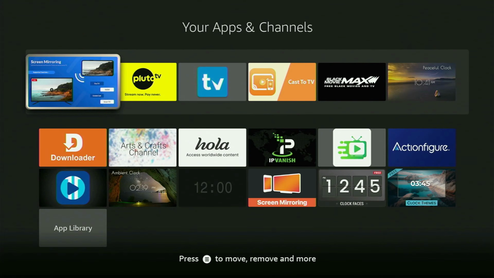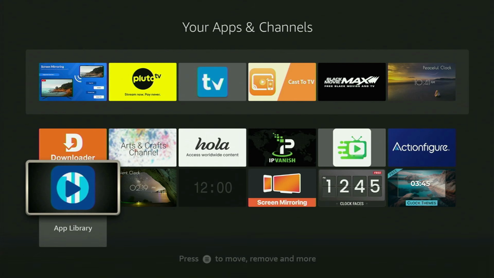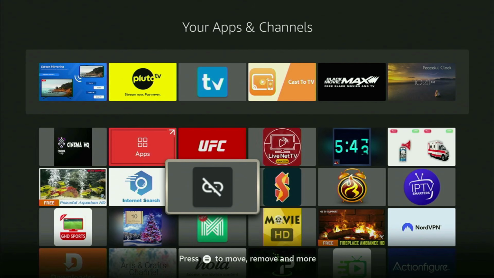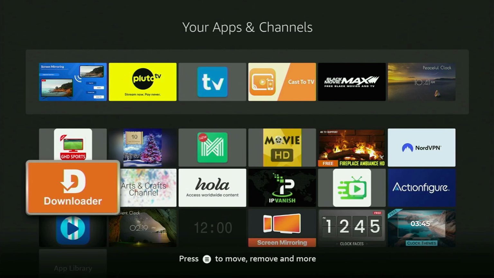Hey, how's it going? Today I'll show you how to get all the best spicy apps to your Firestick in 2025. The whole process will be pretty easy and will take you only a couple of minutes. And now, without any further ado, the first step you need to take is getting the app called Downloader to